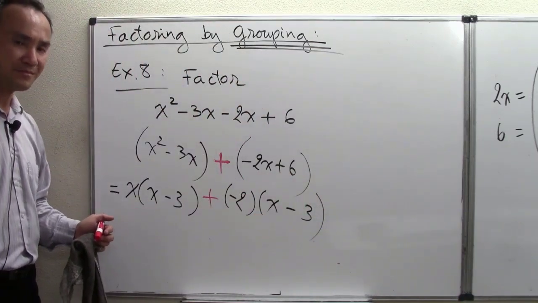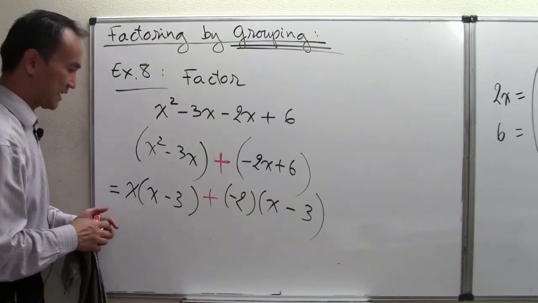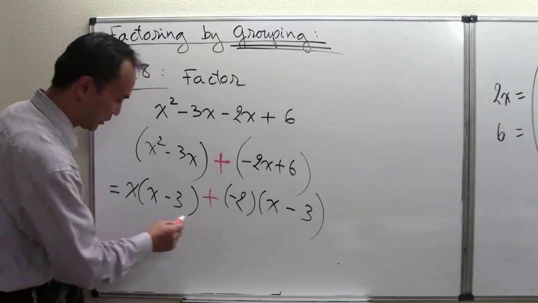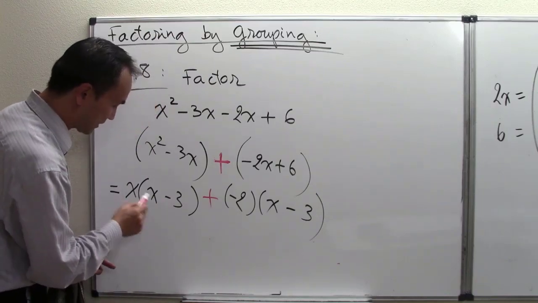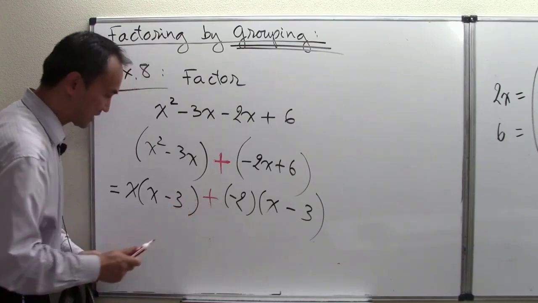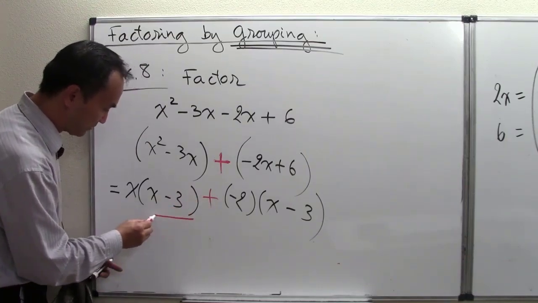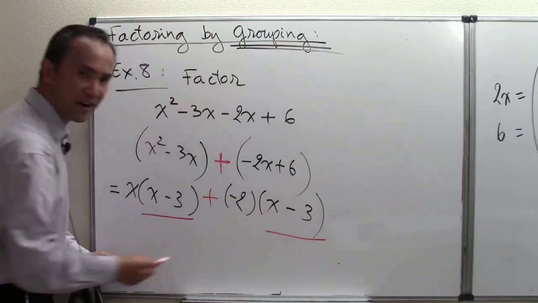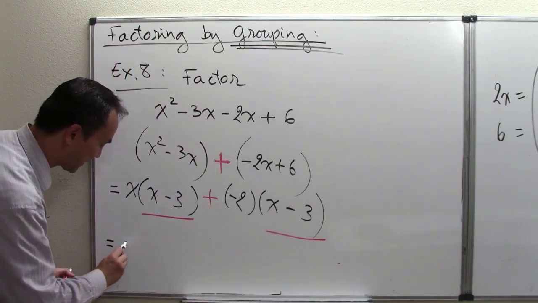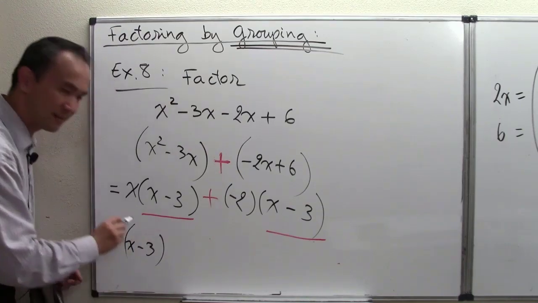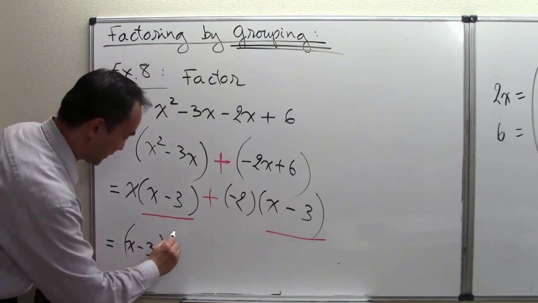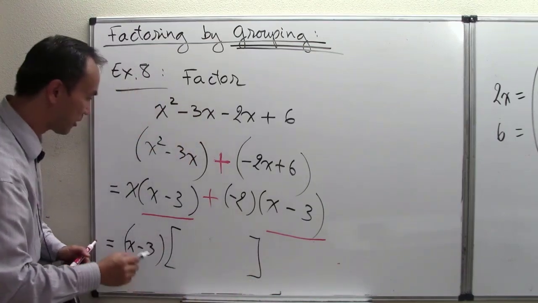All right. And so now at this point, I can see the following. See, these are 2 groups right here, but now think of these as 2 separate terms because the addition sign separates them. But I have a common factor right here. I have a common factor that I underline right there, x minus 3. So further, I'm going to factor out the x minus 3. Okay, because that's a common factor. And then, according to the distributive law, what remains is